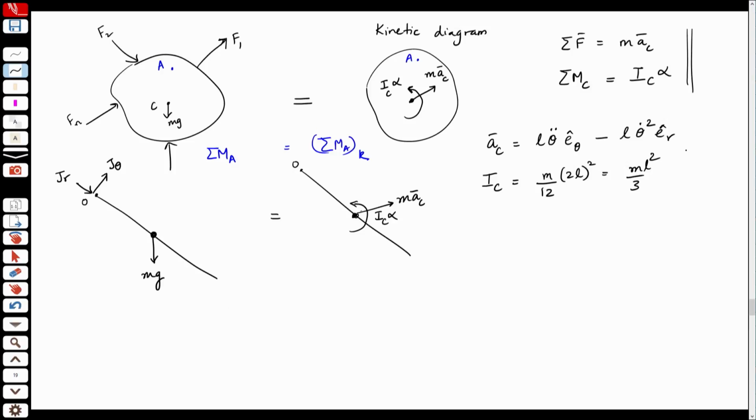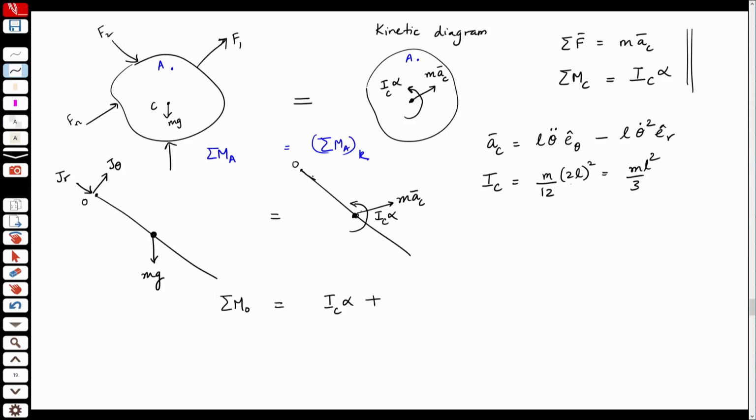Okay. Now, I know the acceleration of the center of mass, I also know the moment of inertia about the center of mass. It is a uniformly distributed rod. So, I use m times the length squared by 12, the length here is 2L. Now, if I want to compute moments about point O, so in this diagram I have moments about point O, this is equal to, on the right hand side I will have I_C alpha, which is a free couple, okay, plus